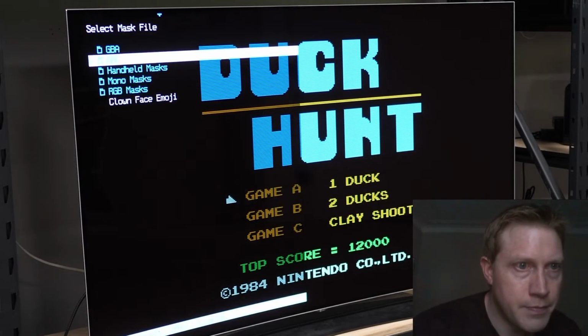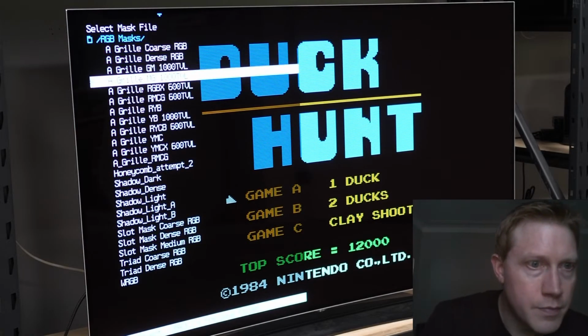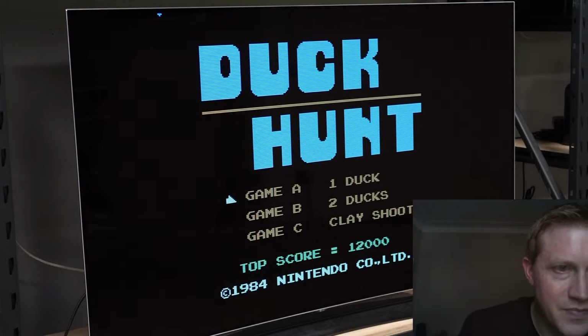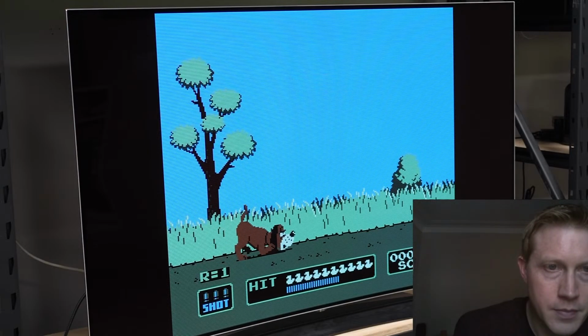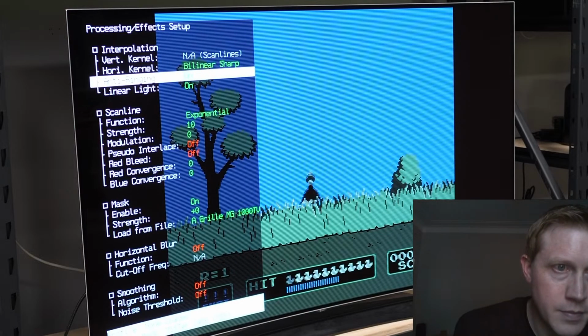Throw this on real quick. Does look pretty amazing though. I also think that Mike might have to do that, because I'm not sure how easy you can see on stream, but look at the blue background right now with the scan lines on. I know the scan lines are going to look like crap on stream. However,